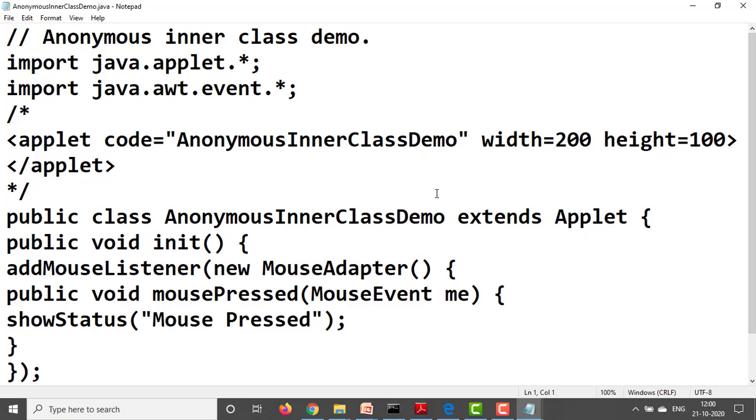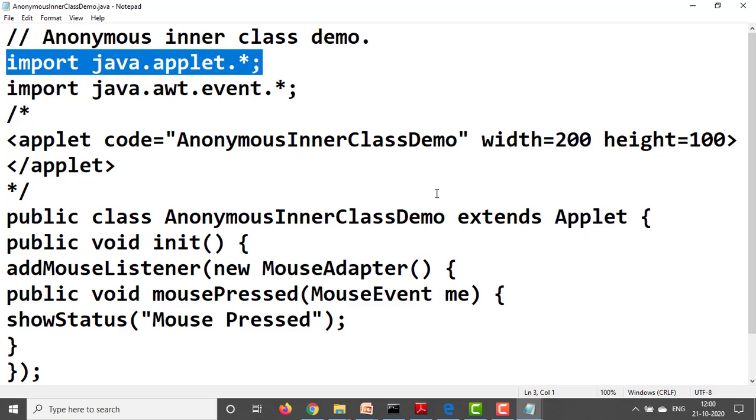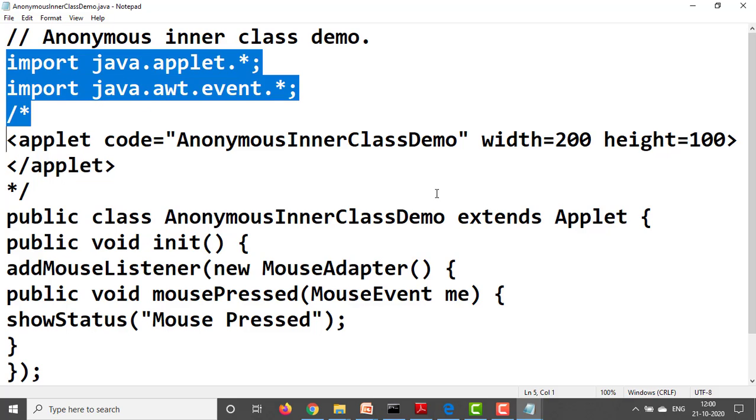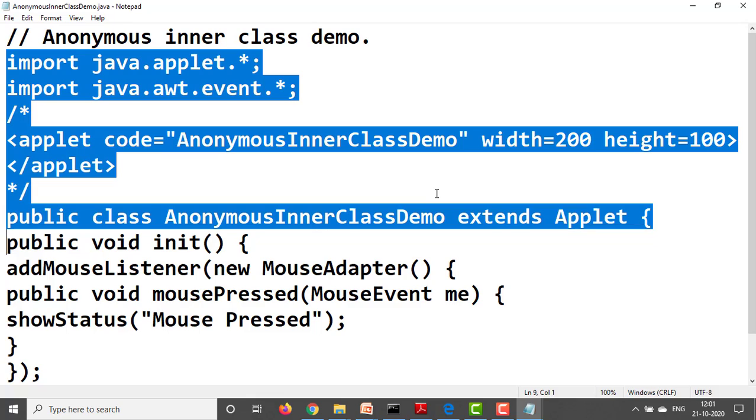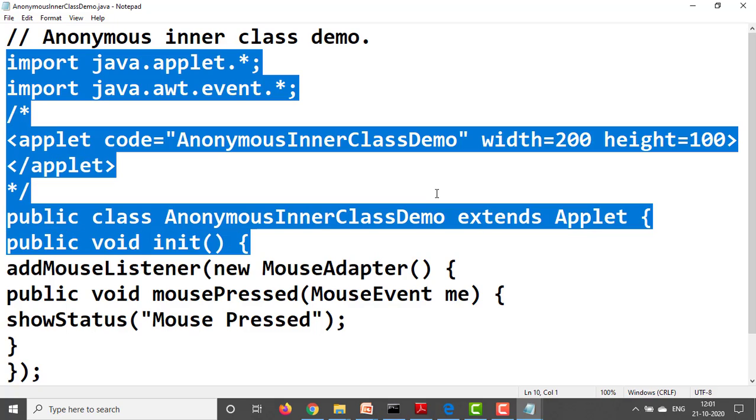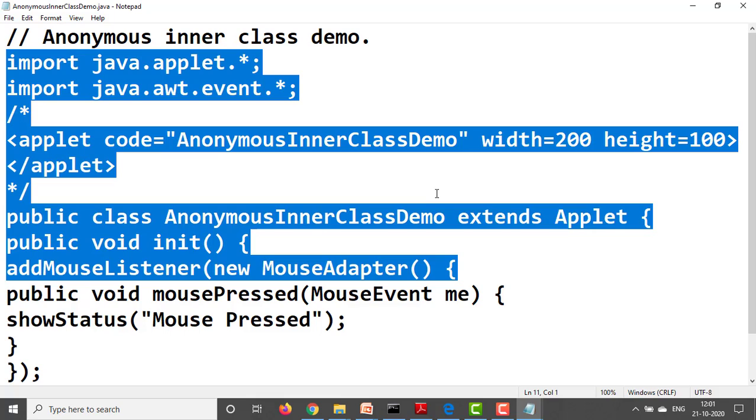AnonymousInnerClassDemo. First thing, import the packages java.applet and java.awt.event, start a multi-line comment, applet code equal to AnonymousInnerClassDemo, width, height, close the applet tag, close the multi-line comment. Here start the class: public class AnonymousInnerClassDemo extends Applet { public void init() { addMouseListener(new MouseAdapter() {